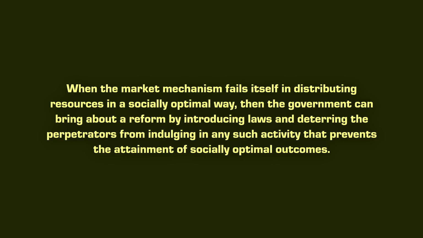When a market mechanism fails in distributing resources in a socially optimal way, then the government can bring about a reform by introducing laws and deterring the perpetrators from indulging in any such activity that prevents the attainment of socially optimal outcomes. Since legislation is a powerful tool that can significantly alter behavior, the government can effectively use it